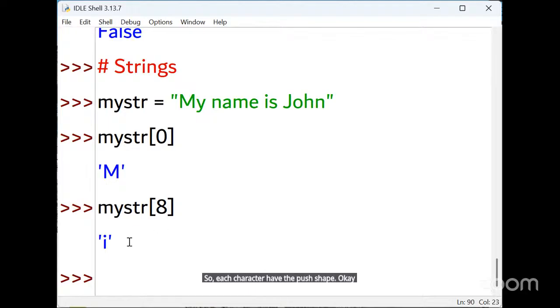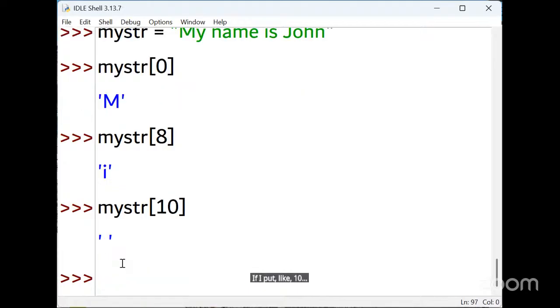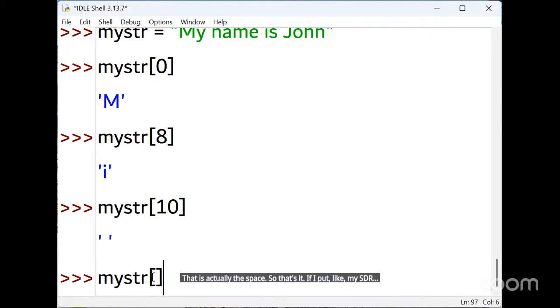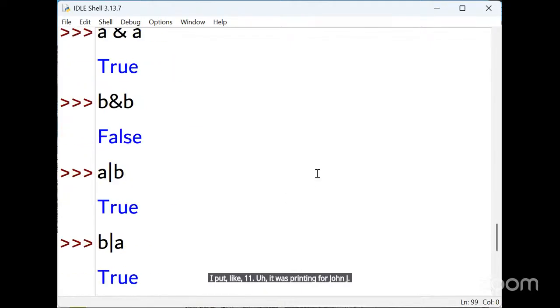Okay. If I print my str and put 10, see here, that is actually the space. If I put 11, it is printing J of John.